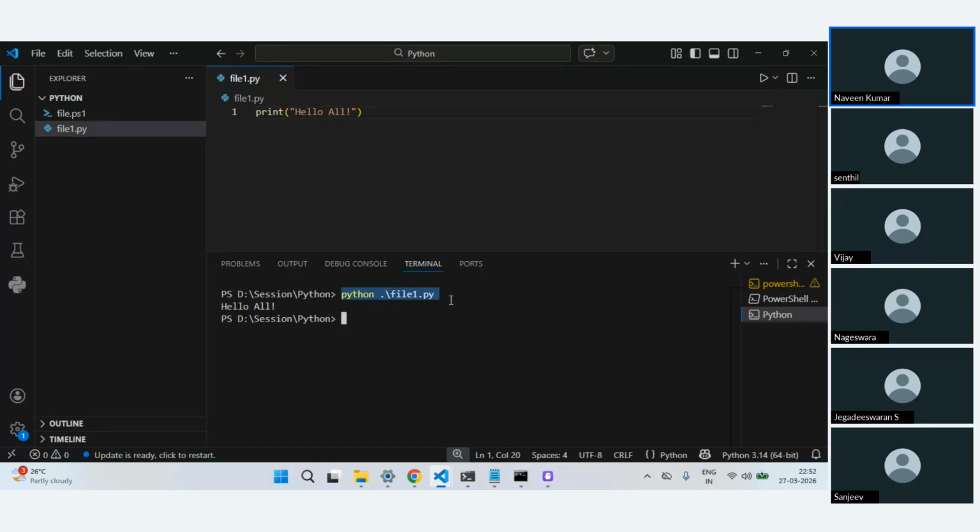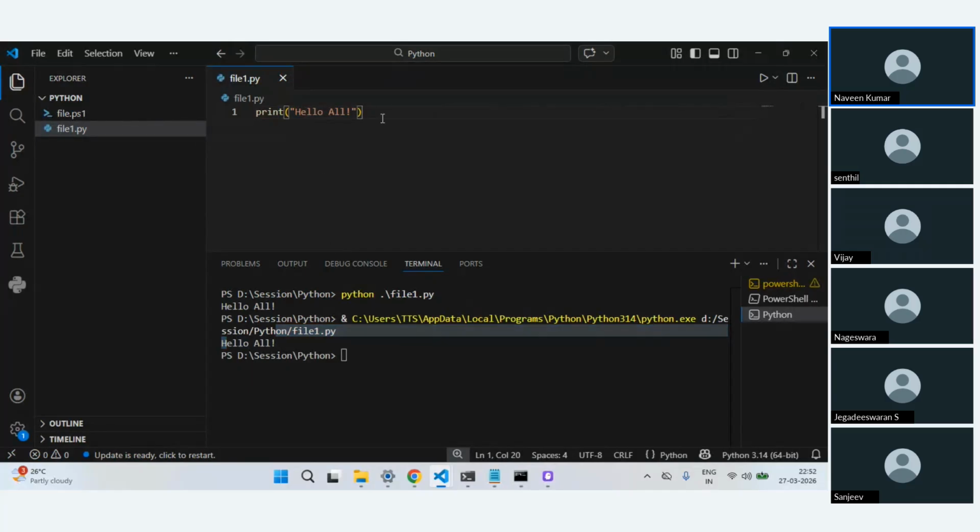Okay, so I can also call it here, or I can run it from here also. It is a very simple statement. I just have written print hello all, and it is printing. That's it. But we should also know, this is something which you'll not be using in real time,